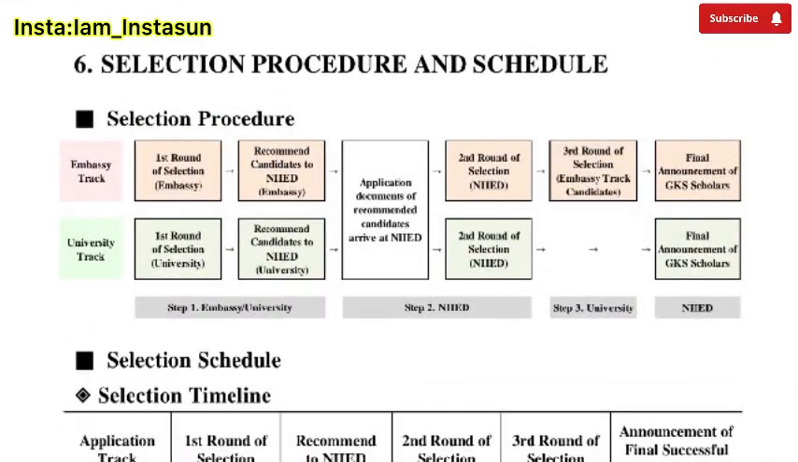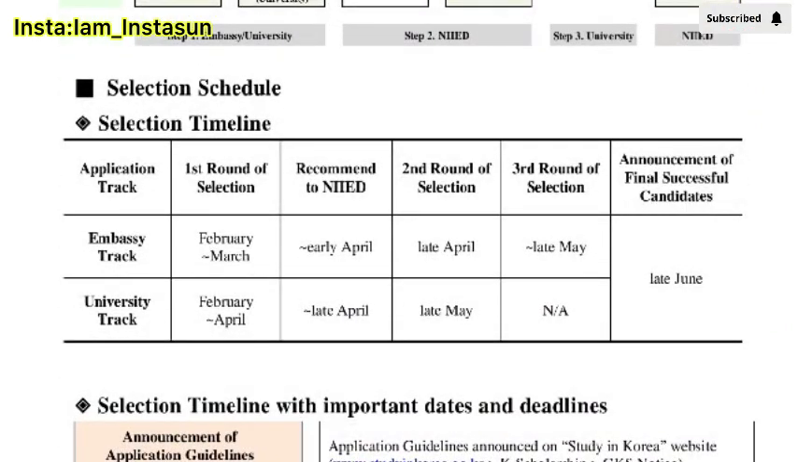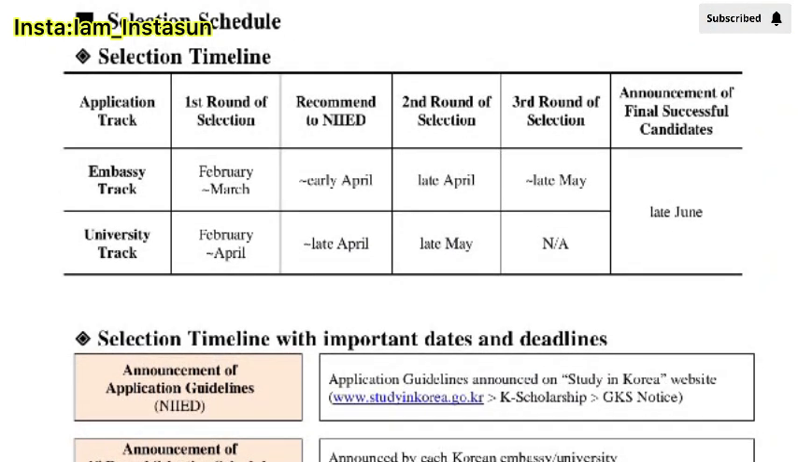These are the selection procedures. You can one more time check it for embassy track and the university track. For embassy track, first round of selection will be from February to March. For embassy track, usually it is much faster than the university track. And for university track, usually a lot of universities have the final deadline for submission of the documents through April. So after that, their first round selection is usually done by April, and then they will contact you